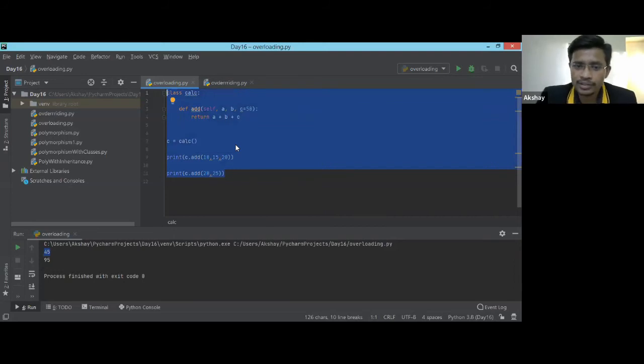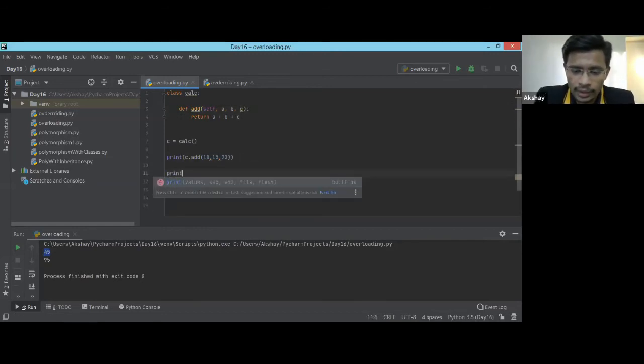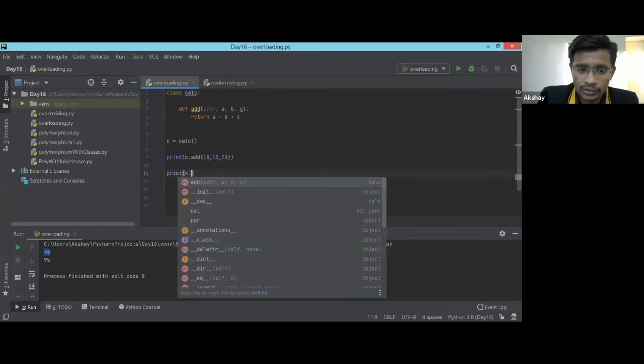Okay, so this is one way of implementing overloading in Python, but here is one more way. Suppose I don't want to do that. I don't want to use a default parameter here. I want to use three numbers. Then what you can do is use the variable length argument, which we learned on day 2, right?